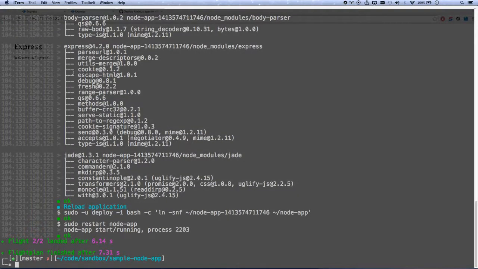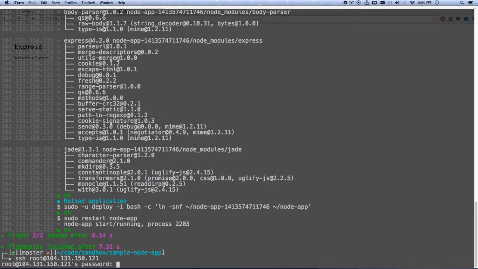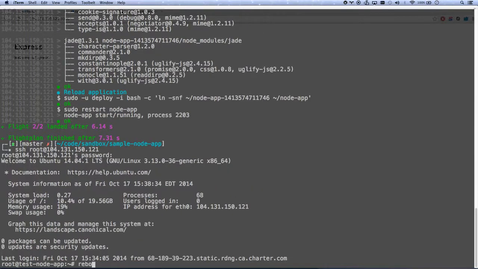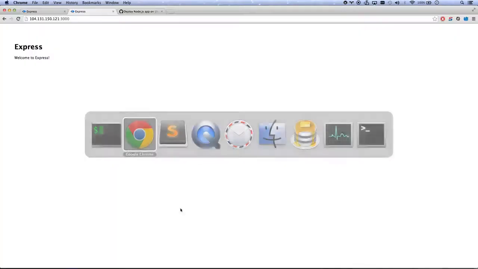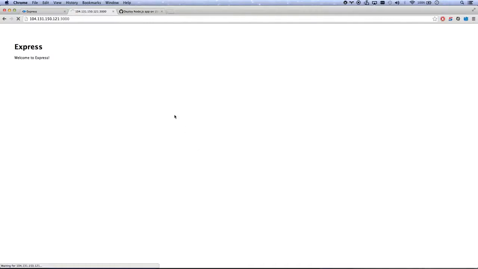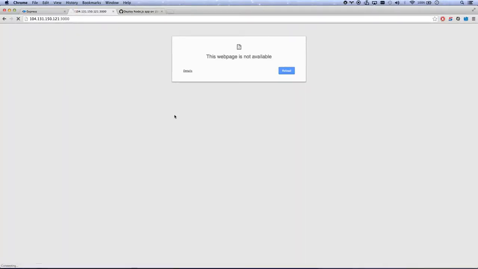Oh, yes, let's do the real test. Let's log in and reboot our server. Reboot. There you go. System is going down for reboot now. And then let's go ahead and try this. It's not working because my server's down. Server should be up